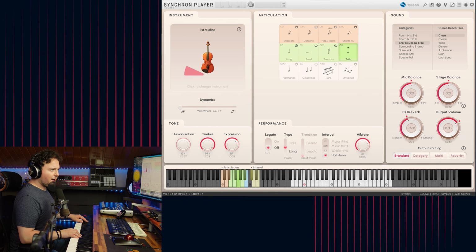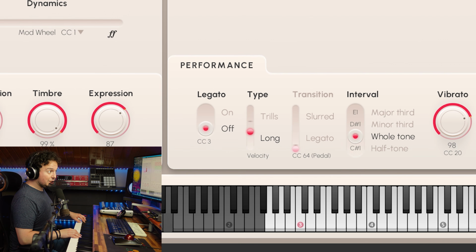The trills are now being selected by the key switches as they are more intervals than just half tone and whole tone. They can have legato on or off, you even have some transition options available. This is super practical because in a real case scenario, in the orchestra you have a trill followed by a long note. Before you had to manually input the key switch, here it's just programmed out of the box.